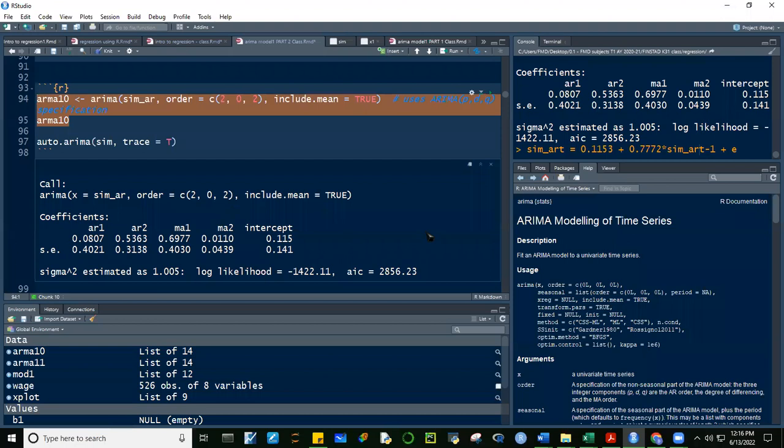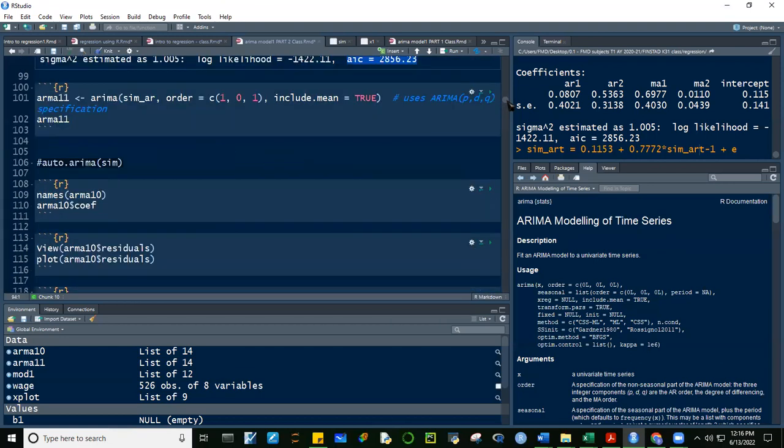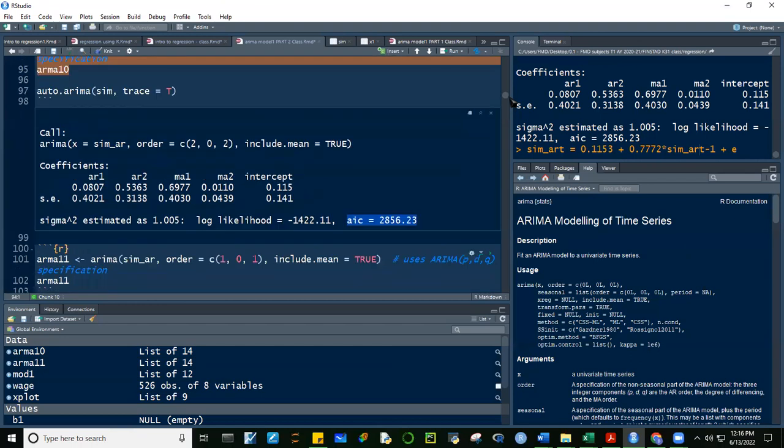Okay. Pero ang tanong guys, mas okay ba tong model na to kaysa dun sa 100 model? Okay. If we're just comparing it on the AIC, no? Itong AIC na to, 2856 kanina, yung 100, 2850 yata, no? 2850. So we know guys that for AIC, the lower the better.